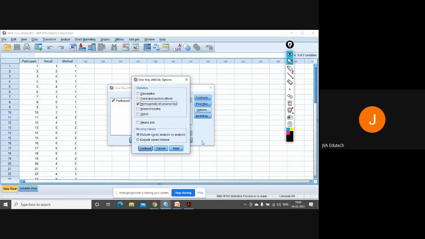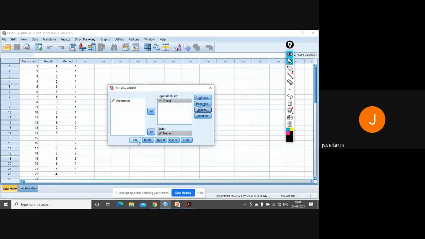But if it shows that homogeneity of variance is not there, then you can check by a more robust method, either the Welch method or the Brown-Forsythe method. However, as of now, I am checking it with Levene's test. Continue, click OK.